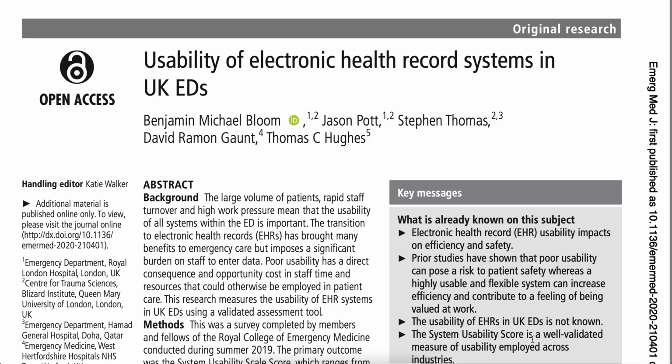And their conclusion, in short, is that the usability sucks, which is really not a new finding for anyone who's been using these systems. But the great part about this study is that they were able to quantify the usability of these systems using a validated metric called the System Usability Scale. And they were able to produce objective statements, such as to say that 3/4 of all the systems in the UK fall in the lowest quartile of cross-industry